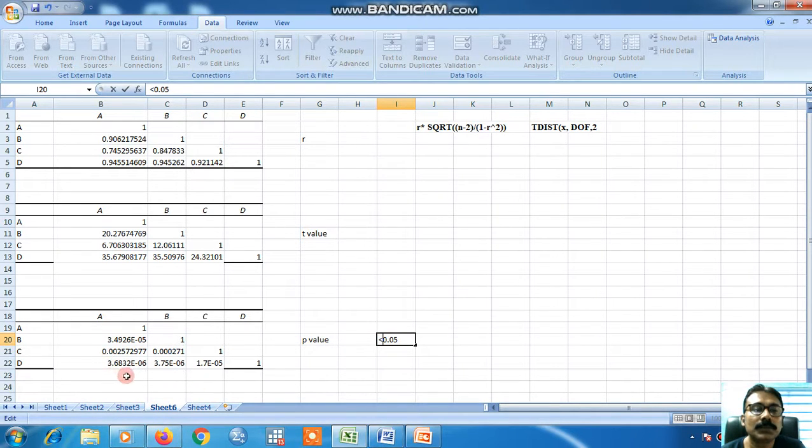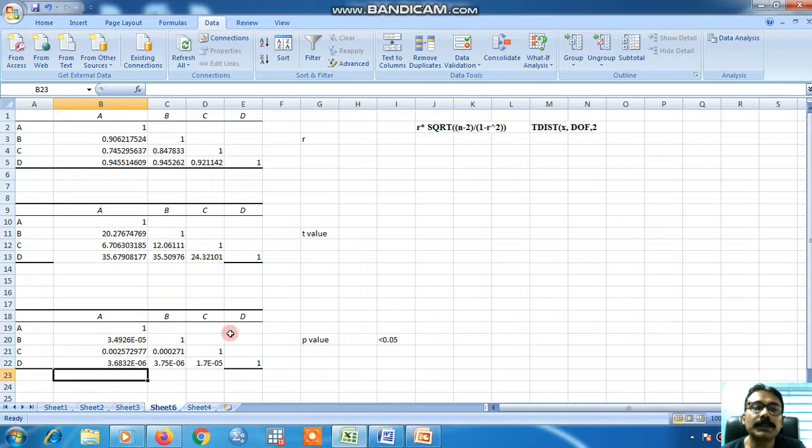So almost all the values are significant, since all the values are less than 0.05. Here this value is e to the power minus, with 5 zeros before 3, and 6 zeros before 6, so all the values are significant.